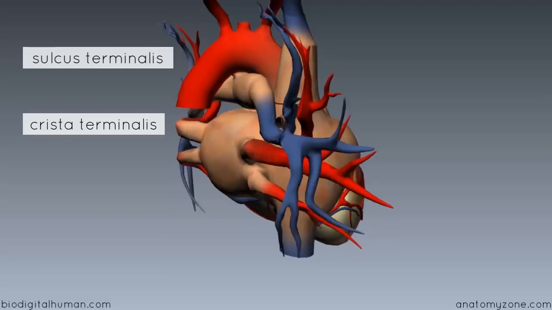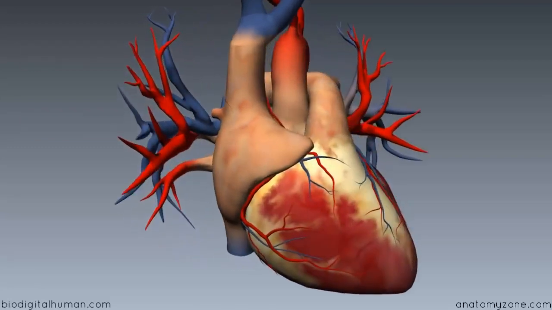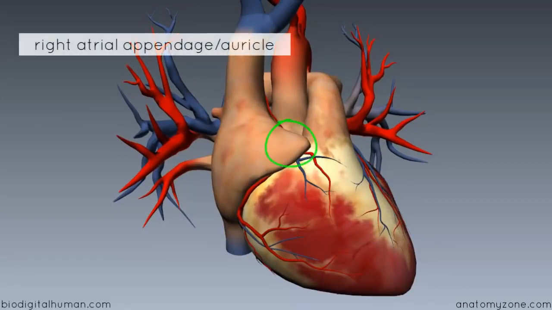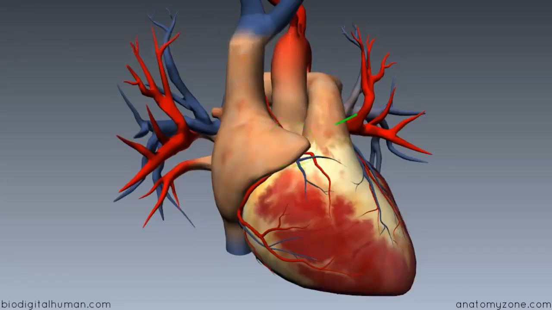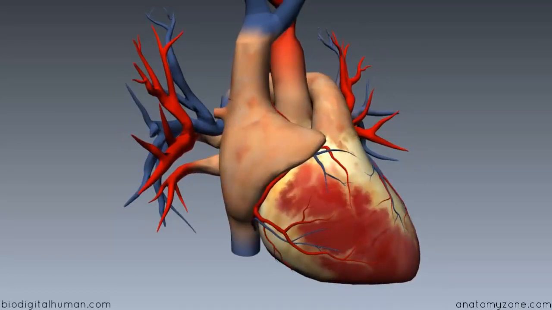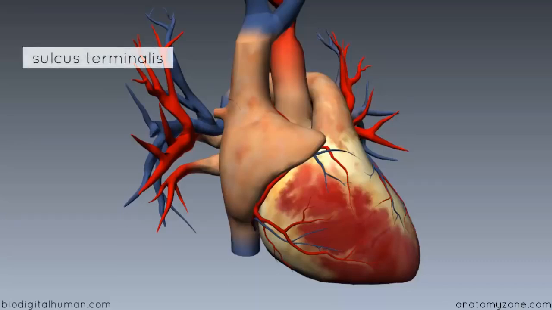Taking a look at the right atrium externally, you've got this notable little appendage here. This is the right atrial appendage, or the right auricle, and this little conical pouch overlaps the ascending aorta, and I'll come on to mention that in a bit. But you've also got something I mentioned just now called the sulcus terminalis. Sulcus just means groove. So you've got this groove on the right atrium,